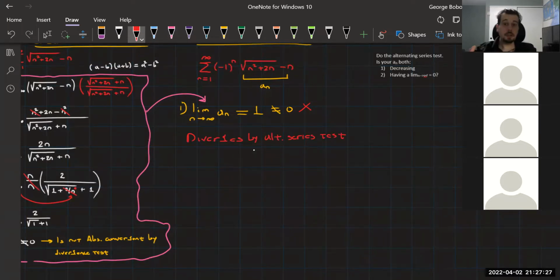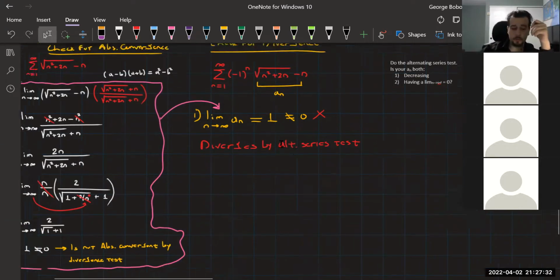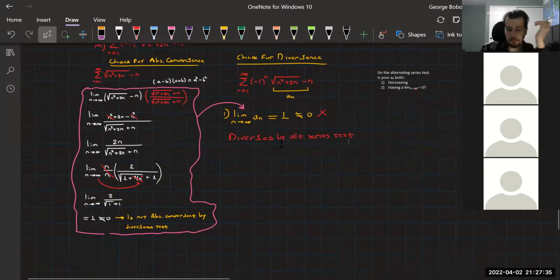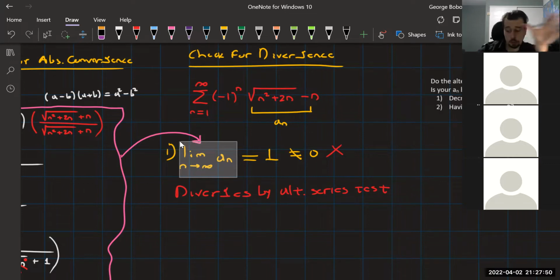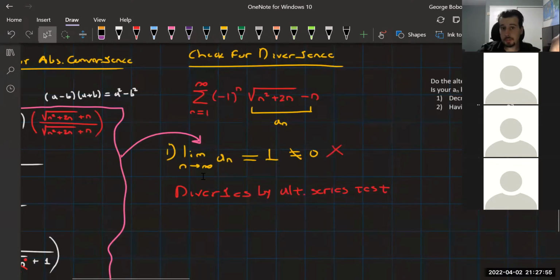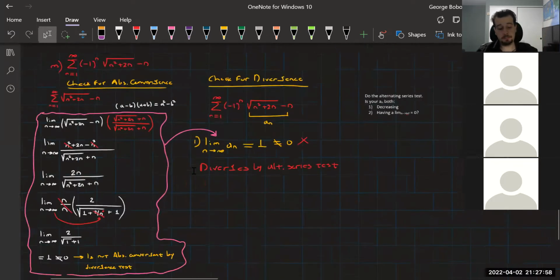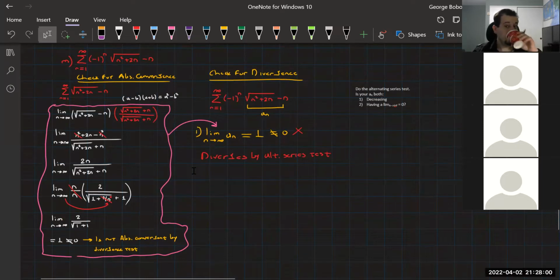Okay. So watch this. Now you'll say, George, you made us do all this work for the absolute convergence. What were you thinking, right? We could have done this and been done. Are you sure about that? Because you would have needed to do the same limit again here, okay? So even though we did the longer way, you would have needed to do this limit anyways. It just so happened. It's a coincidence, by the way. So no loss overall. You literally would have done this and saved no steps. So there you have it.